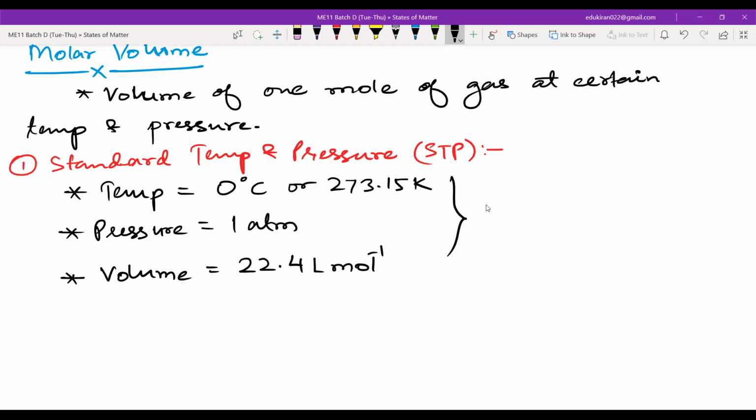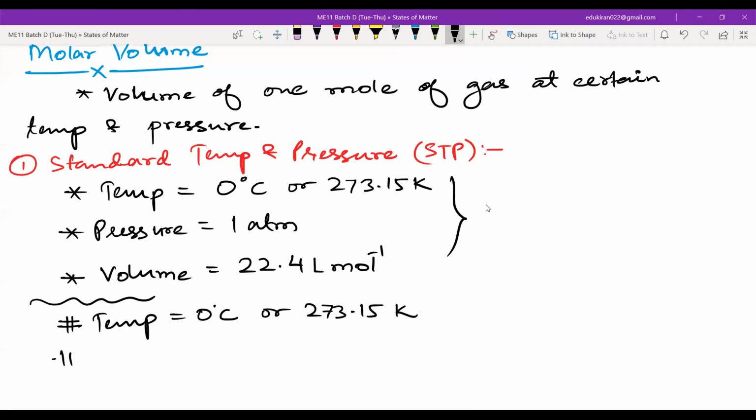But there was a problem with this standard temperature and pressure. This 1 atm is the pressure that is applied by the atmosphere. And duplicating this type of pressure in a chemical environment is very difficult. So in 1976, I think, IUPAC updated its standard temperature and pressure, and the new temperature is 0 degrees Celsius, that is fine, 0 degrees Celsius or 273.15 Kelvin. But the new pressure was taken as 1 bar. Why 1 bar? Because 1 bar is numerically easy to feed into any system.